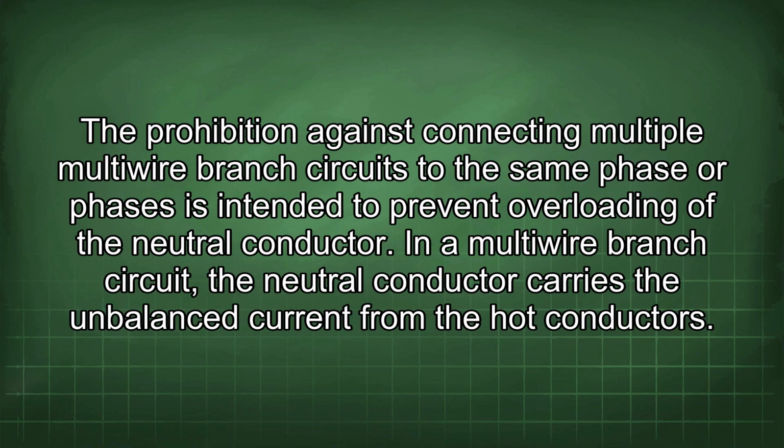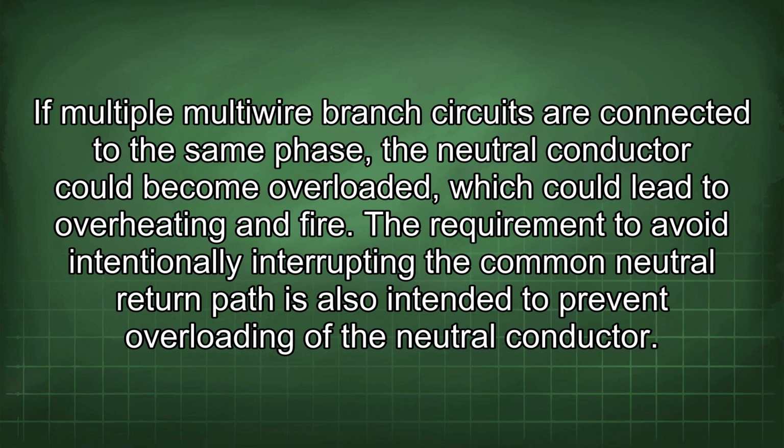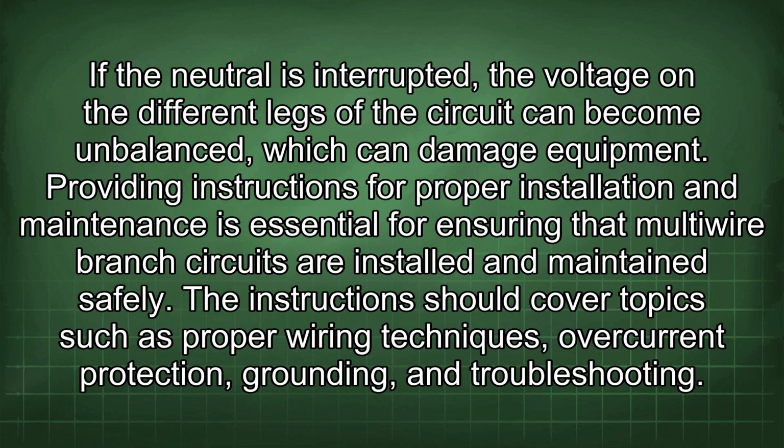The prohibition against connecting multiple multi-wire branch circuits to the same phase or phases is intended to prevent overloading of the neutral conductor. In a multi-wire branch circuit, the neutral conductor carries the unbalanced current from the hot conductors. If multiple multi-wire branch circuits are connected to the same phase, the neutral conductor could become overloaded, which could lead to overheating and fire. The requirement to avoid intentionally interrupting the common neutral return path is also intended to prevent overloading of the neutral conductor. If the neutral is interrupted, the voltage on the different legs of the circuit can become unbalanced, which can damage